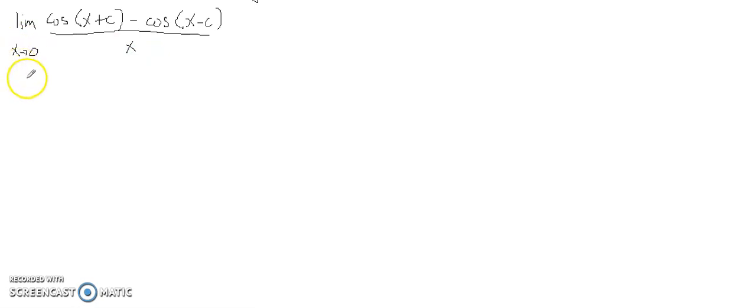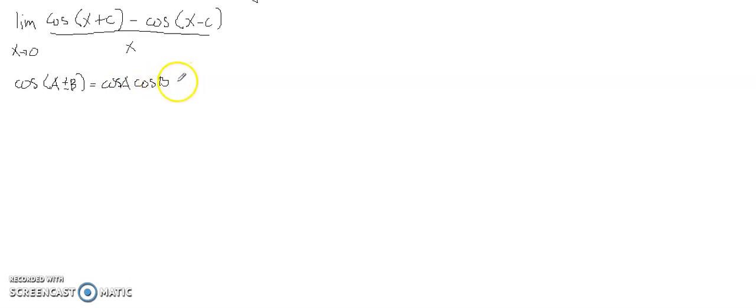Okay, so again, recall this identity. Cosine (A plus minus B) is equal to cosine A times cosine B,